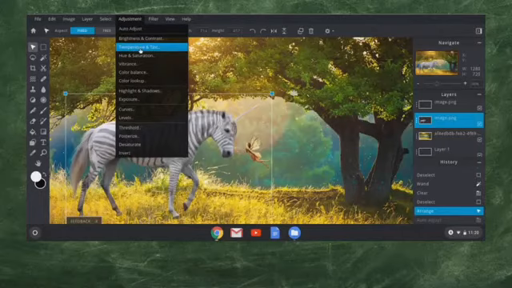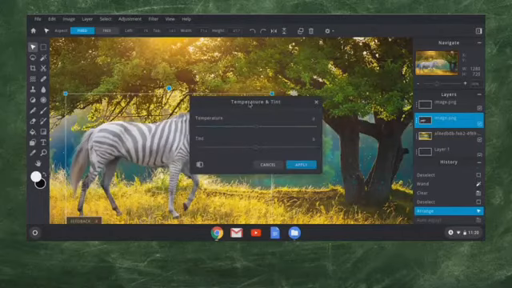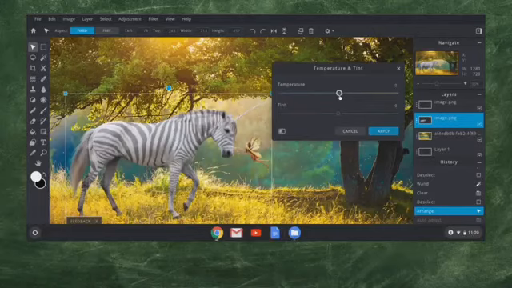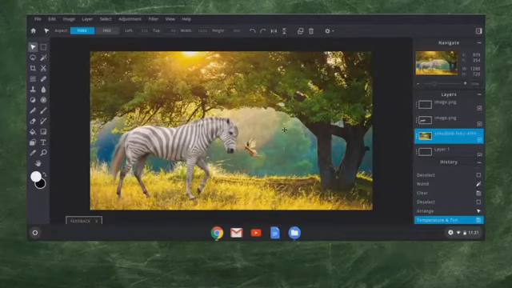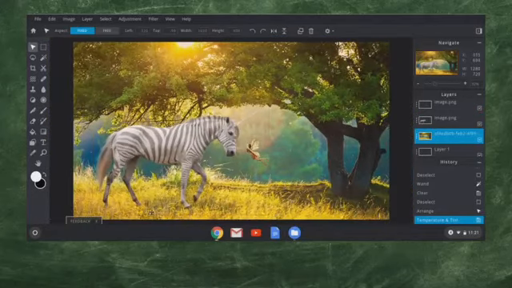But what if I go temperature and tint? Let's see what we can do with temperature and tint. What happens if I turn the temperature of this up? There we go. That's warming that image up. There we go. Looking pretty good. We'll hit apply. Click off. Hey, things are looking pretty good so far. I like this. Down here in the lower left, we didn't have quite enough time to get to shadows, but